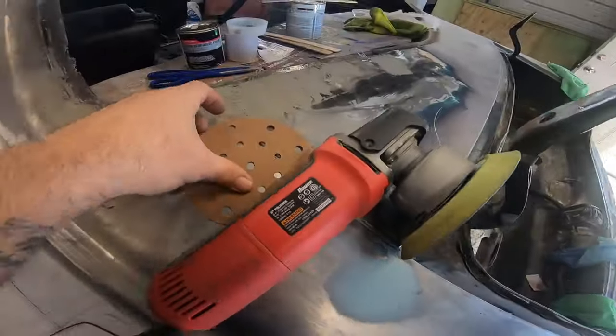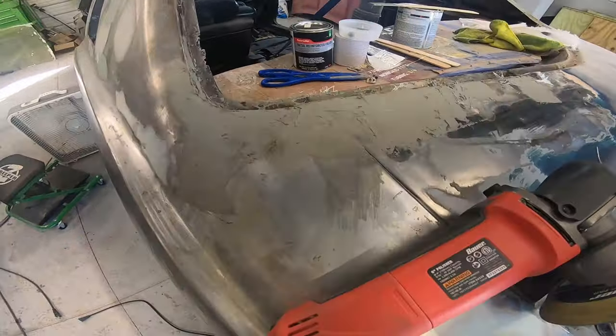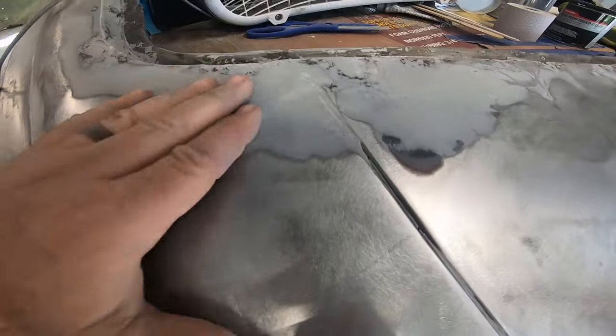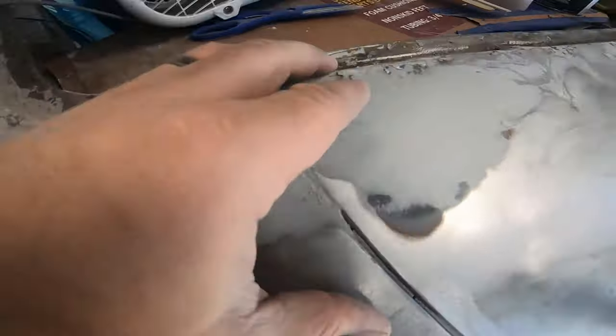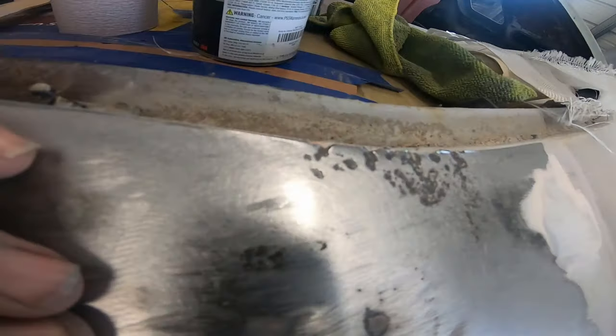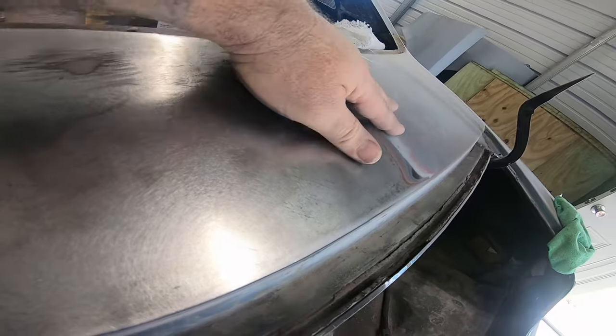All right, so to do this, we're going to use some 80 grit on the sander because this is the metal infused stuff and I don't expect it to go down lightly. So the metal reinforced body filler sanded down really good. It went down fast. I was able to get it smoothed out, and I still got to clean up in there. I'll do this by hand, but I went past the center point, and I'm glad I did. I got more stuff to fix,